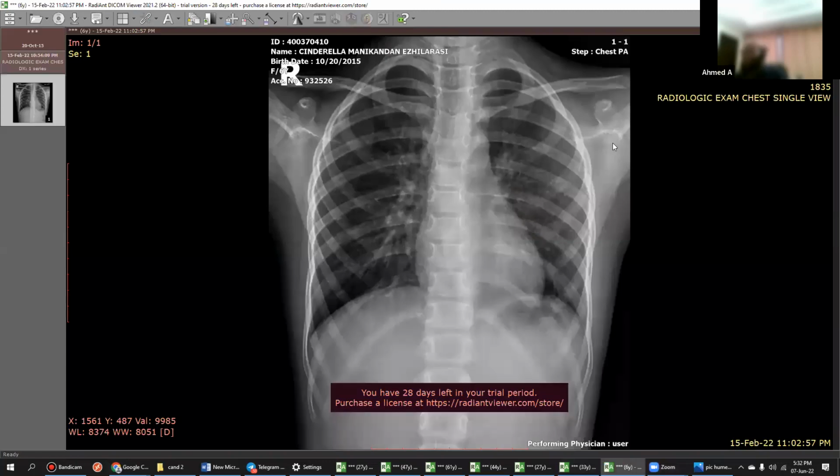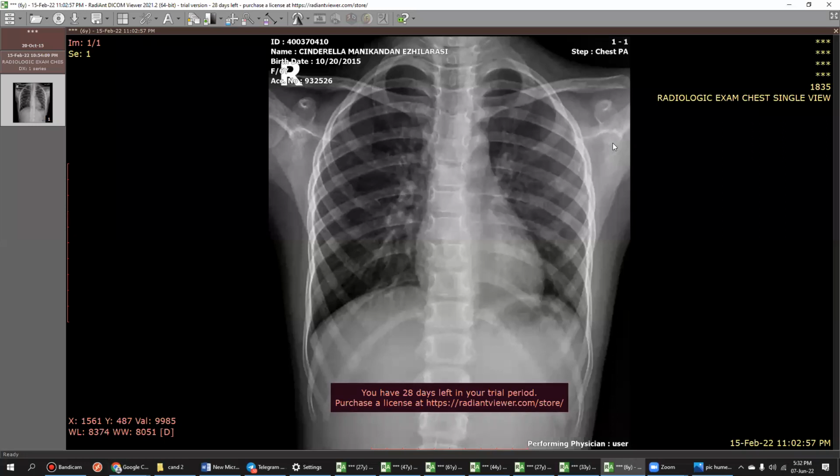Okay, so this is a frontal X-ray of an adult patient. I am looking at the